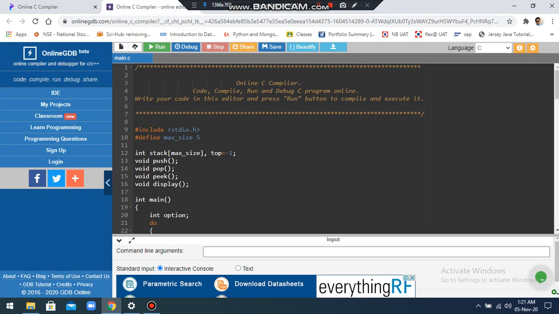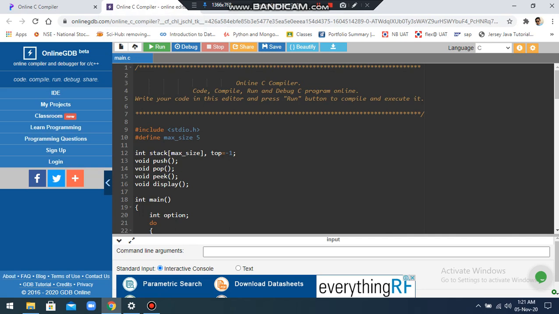So I have already pasted my program over here. Let's try to understand this code line by line. I've taken the maximum size as 5 right now. You can take as you wish. I've taken an array called stack with the maximum size as 5, and top I have taken as a global variable which has to be initialized to -1, because initially we'll always perform certain push operations where we'll be incrementing our top first and then inserting the value. So initially we are assigning -1 or null value to the top.